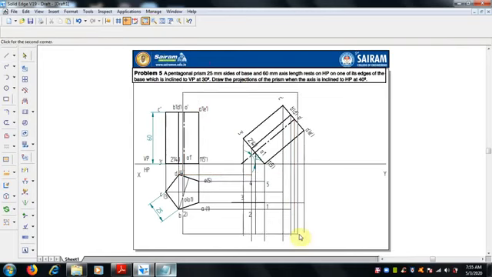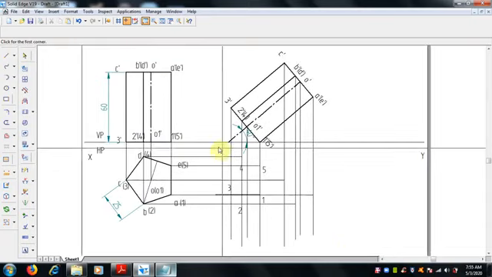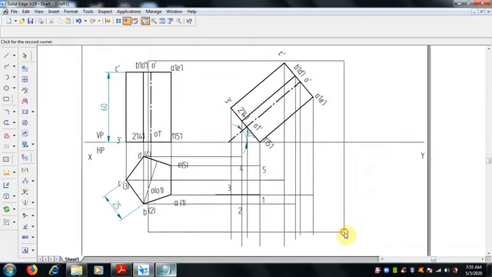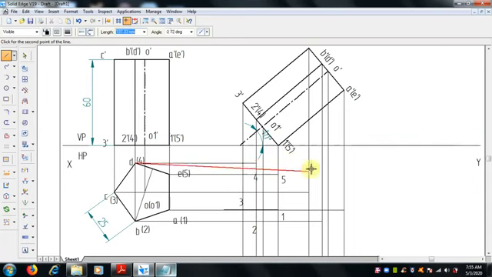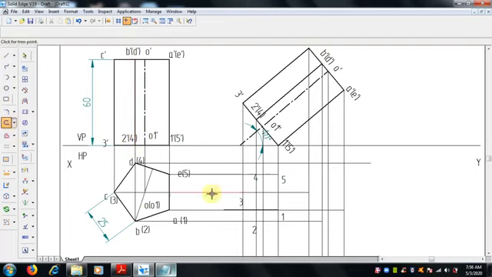Let me zoom for this. Don't make any mistakes while selecting the intersection line, and if it does not come you can make it straight, then you can trim it off. So no need to worry.